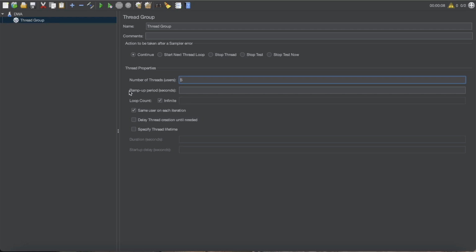Let's come back to ramp up period again. Now what is ramp up period? Ramp up period basically decides that if you have 5 users over here, ramp up will decide after how many seconds how many threads should be up. Let's make it more clear. So let's say I have, or let's take 5 only, and I keep the ramp up as,